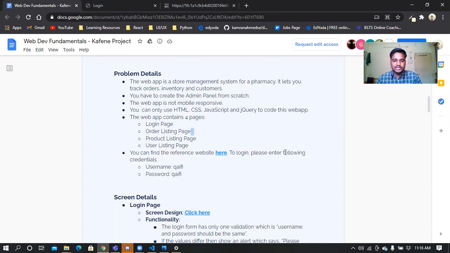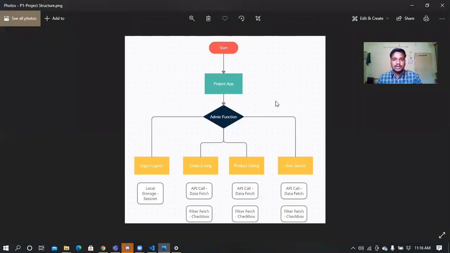Moving on to the project structure, I'll discuss the project architecture here. As you can see in the image, it was a pharmaceutical web app having certain admin functionalities. The first functionality was login and logout. The second was order listing, product listing, and user search. In login and logout, I was supposed to have session management, wherein I used local storage for session management throughout the web application. In order listing,